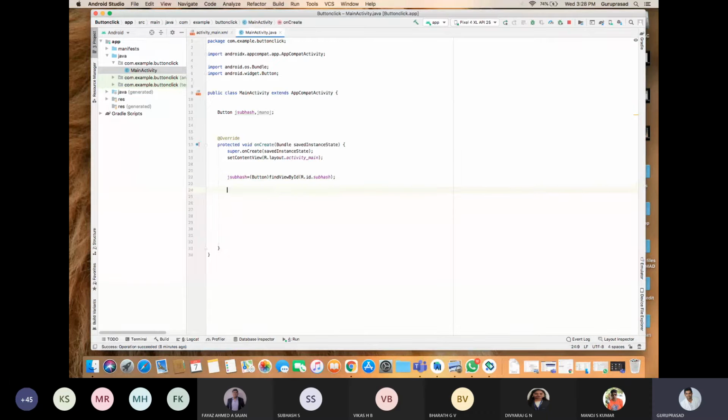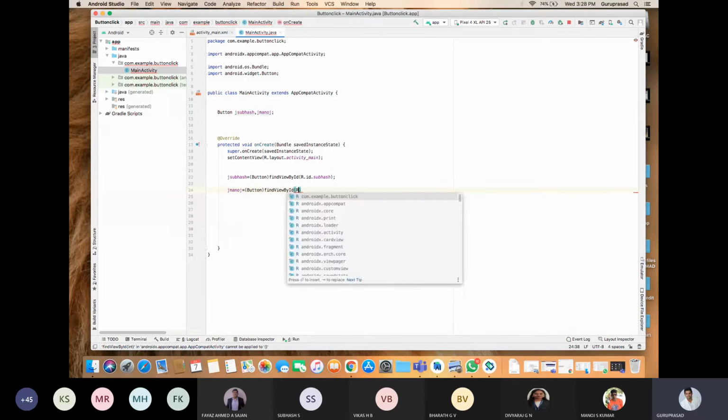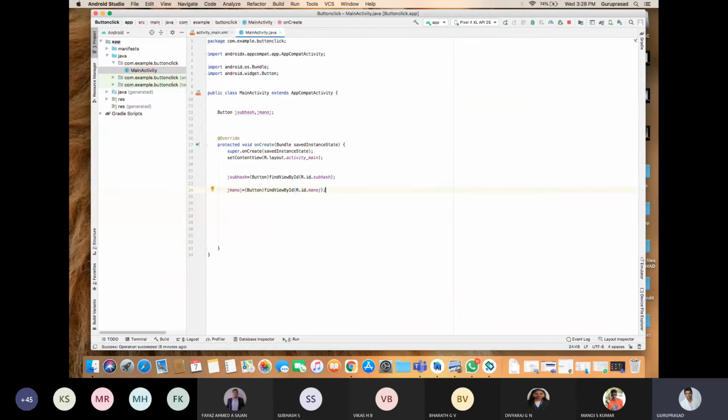Next, now time for Java Manoj. Java Manoj is equal to, there is a button. Find that view by ID in the resource file, R.id.Manoj. Now your XML, your front end, is integrated with the backend. Correct?